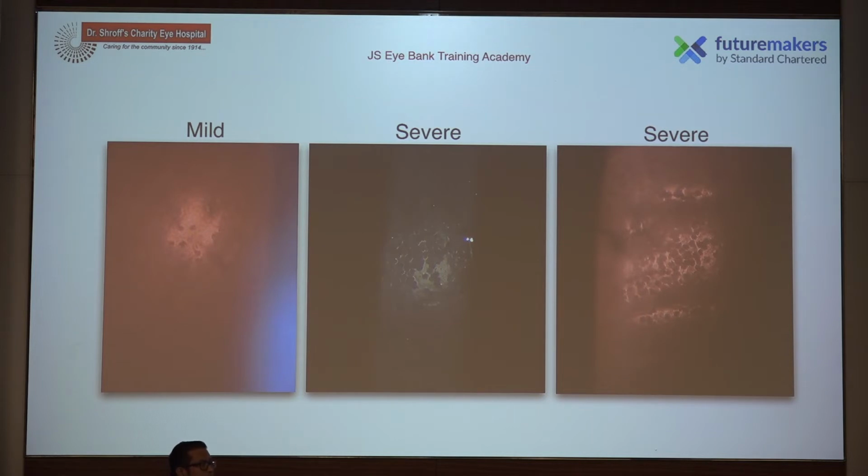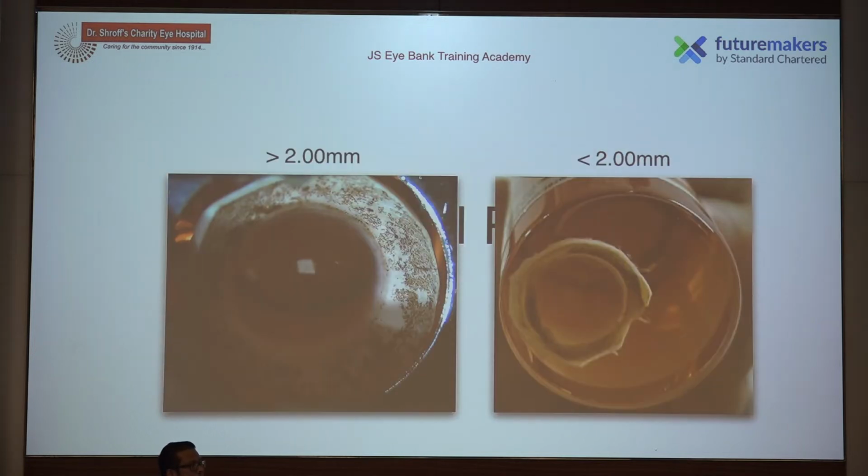This is what you call mild, moderate, very severe, and this is the coaxial, and this is just a side illumination. Rim is important because now a lot of lamellar surgeries are happening. You're happy with the larger 2 millimeter rim, but irregular rims are very common. However you tell them to use the trephine, sometimes they just don't use it and say it's not possible, or they are not able to get to the right plane.